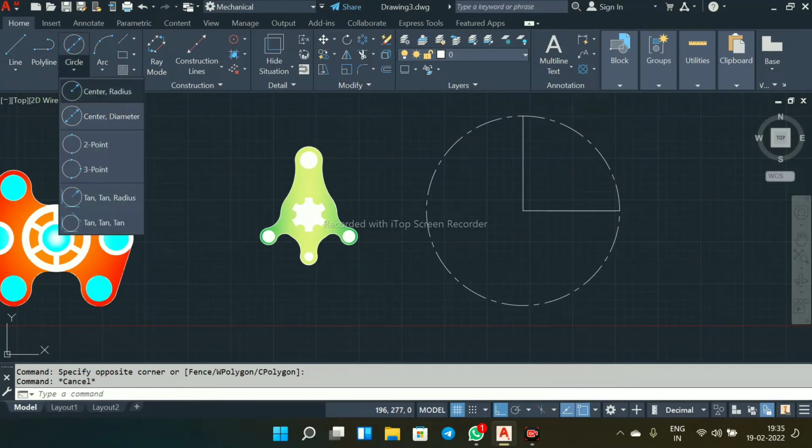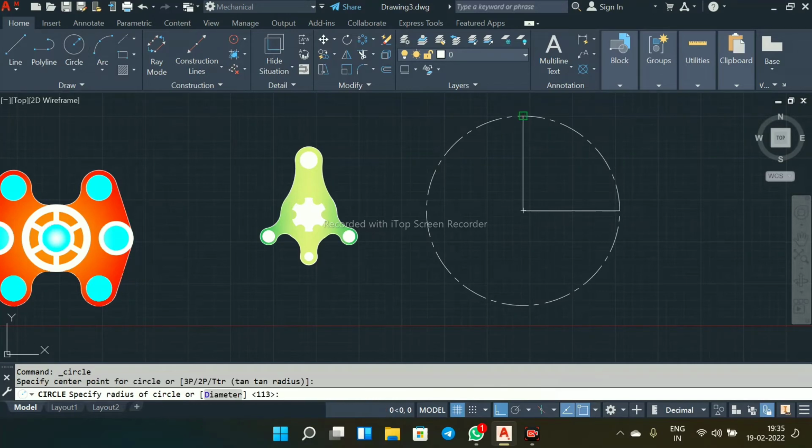Select here center radius, select this point, make it 26 mm radius, and again spacebar it, select this point, make it 20 mm radius.